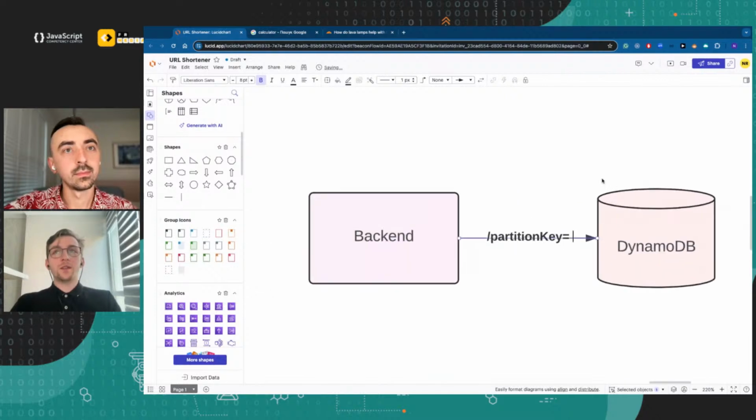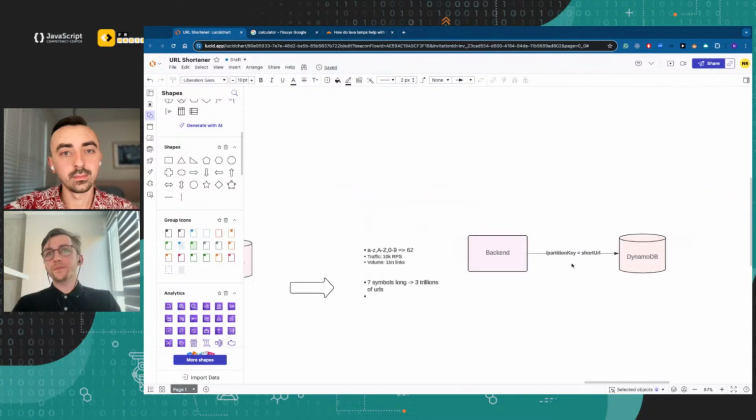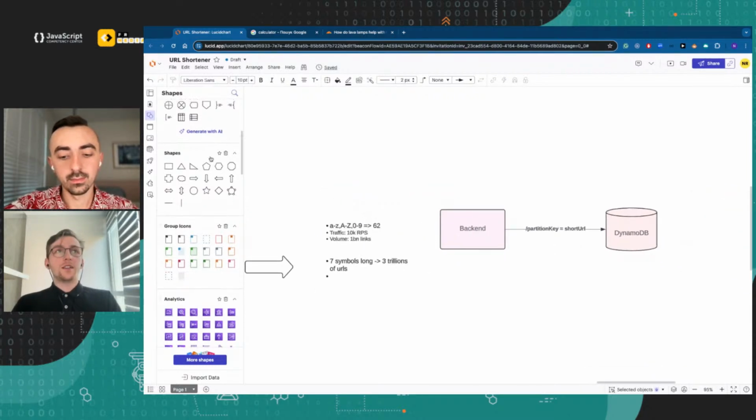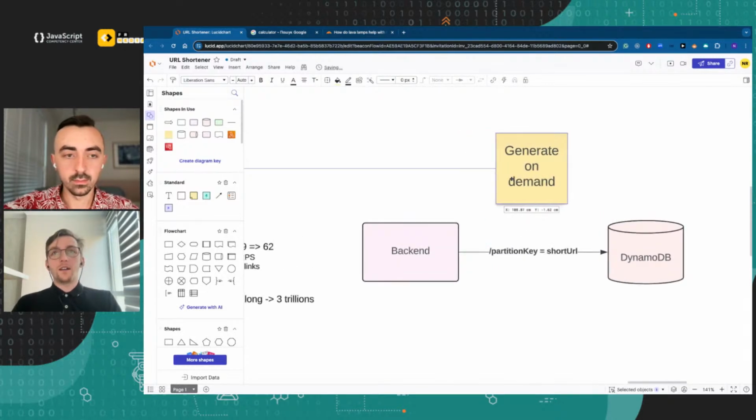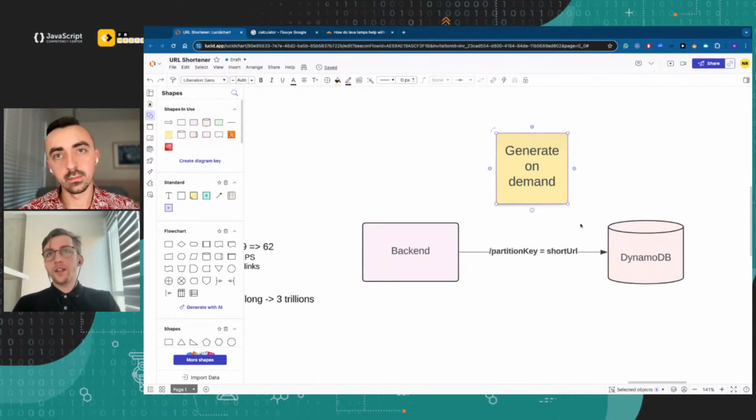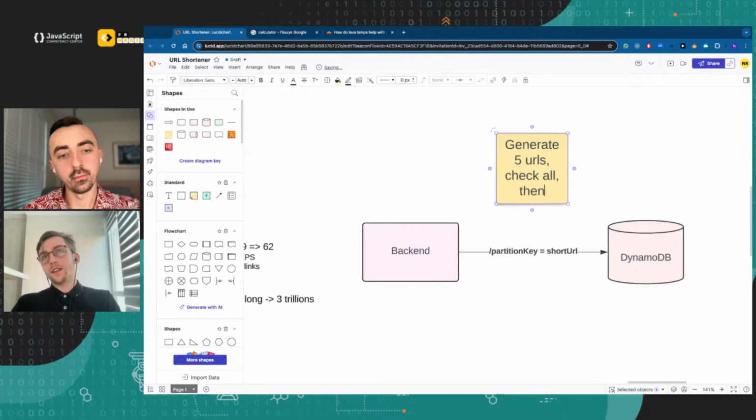But in our case, we agree that the partition key equals short URL, because a short URL is what's unique in our database, right? So option 1 is essentially let's generate it on demand, and then we will have to query and see whether there is an existing URL already in the database. We could do some optimizations. We could generate, to reduce the response times and handle collisions, like 5 URLs, check all, and then pick the first one